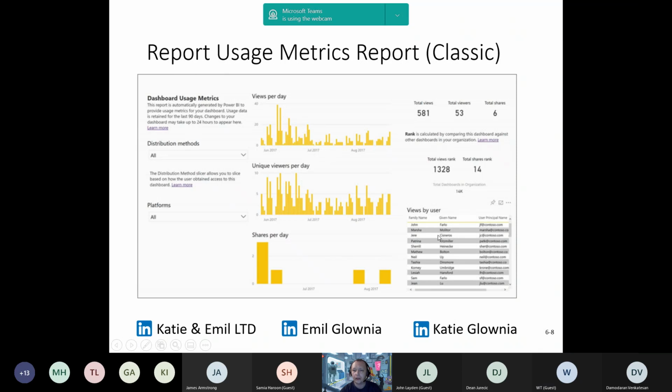And that's all you get in the classic. So there isn't that much information, and you need to ask yourself, is that sufficient for you to answer the question: are your reports being sufficiently used? So you can see one of the limitations in here by default is the fact that you cannot